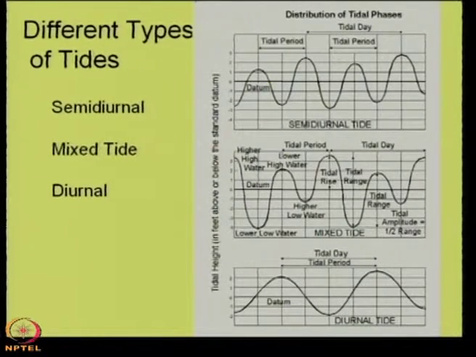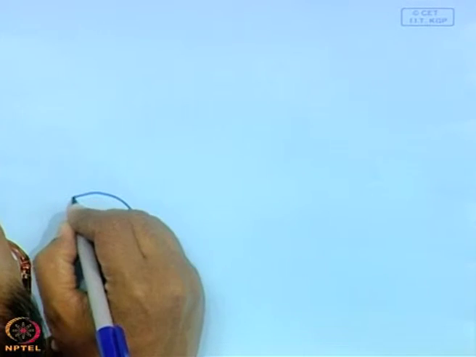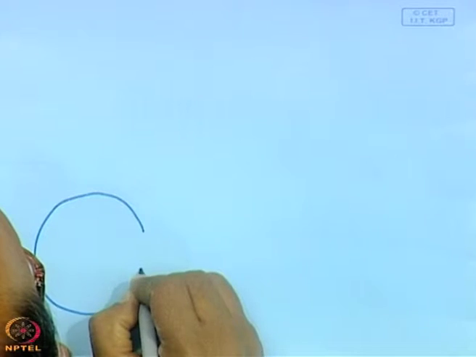So, let us ask the question: what causes the sea level to go up and down? To understand this, let us do a small calculation. Consider a spherical object, could be a planet, could be the moon, could be the sun, of mass m,